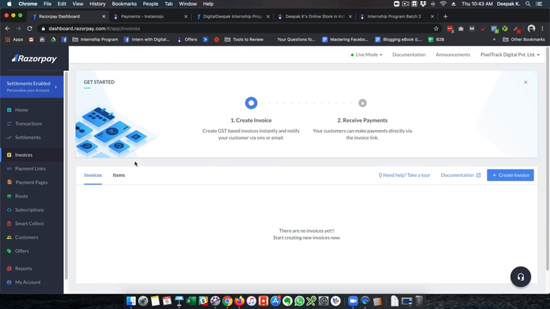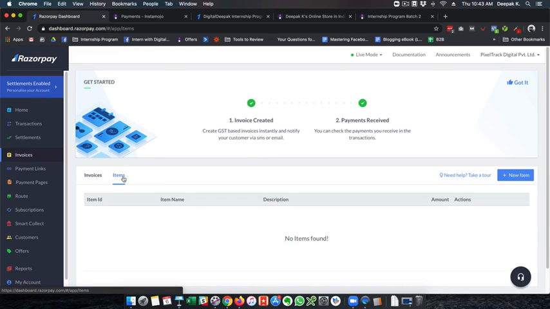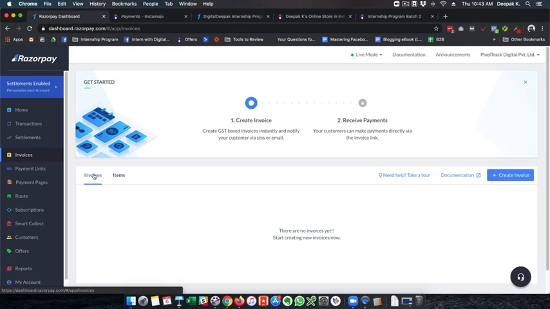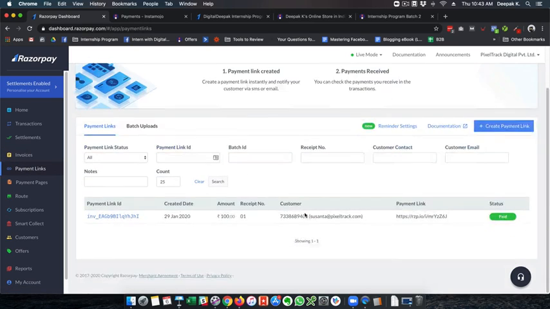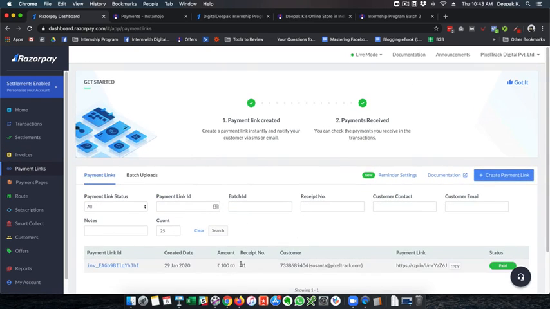If there are going to be a lot of payments, raising manual invoices, sending them and receiving them, I don't know, maybe it's going to help someone, but definitely not for me. So for invoices, I would like to see automatic invoice generation for all incoming payments. Payment links is where I could just create a single payment link to receive a single payment.